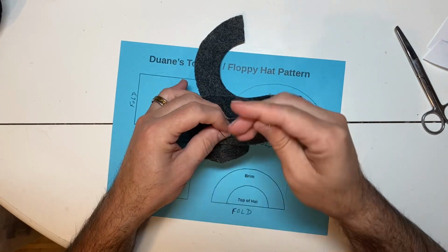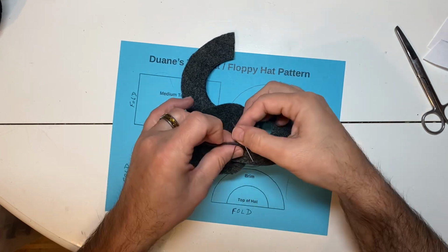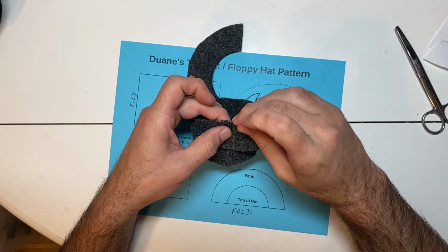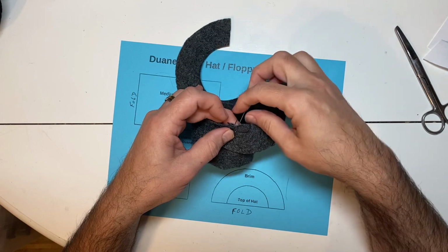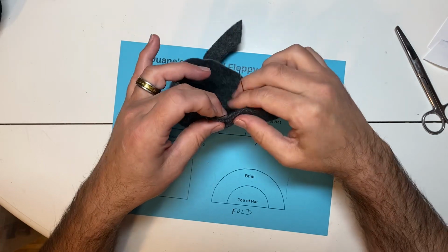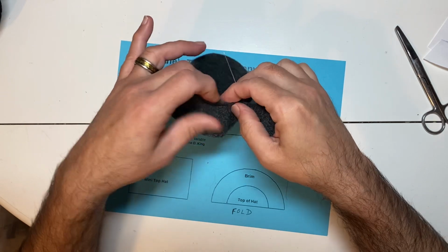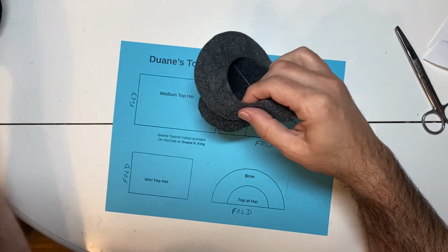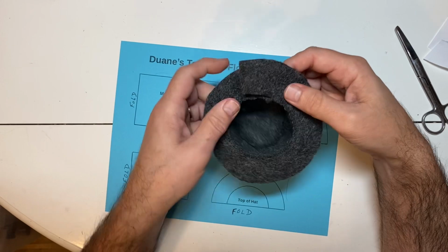And then once again poking through and doing the blanket stitch around. And again, just going to go all the way around the rim here, lining it up. When I get to the end, show you here real quick. When I get to the end down here,